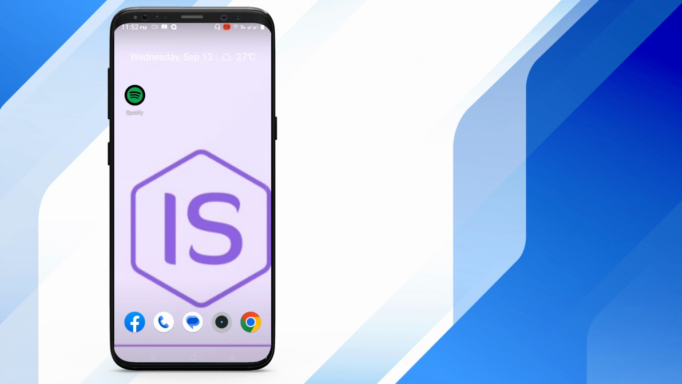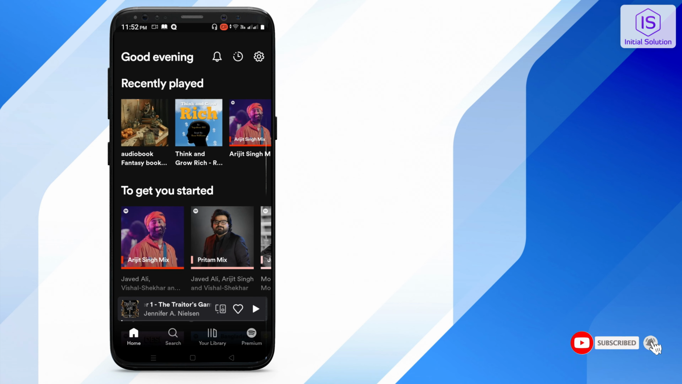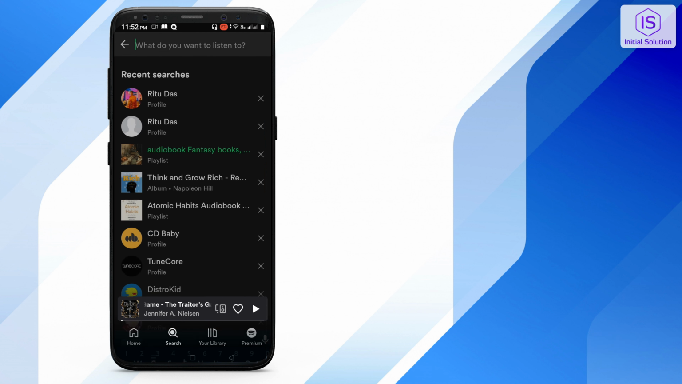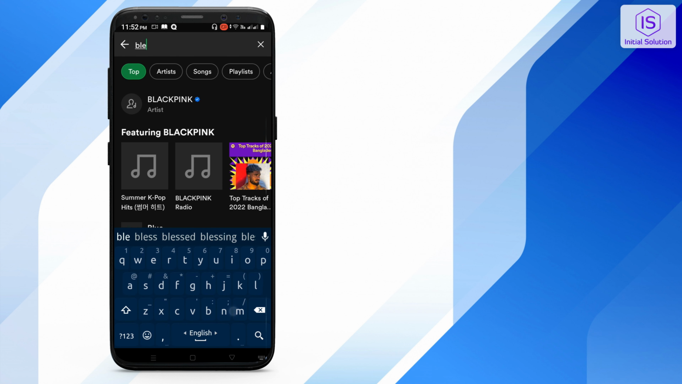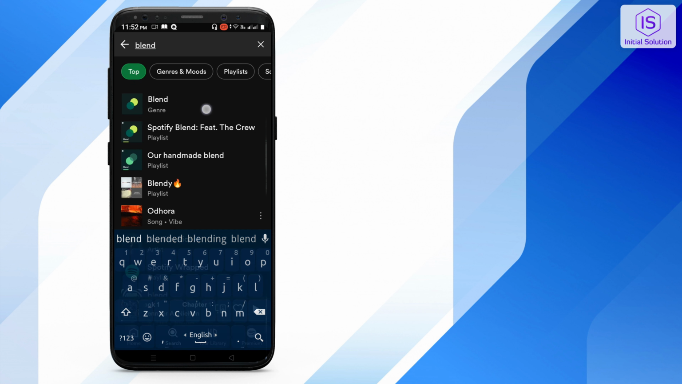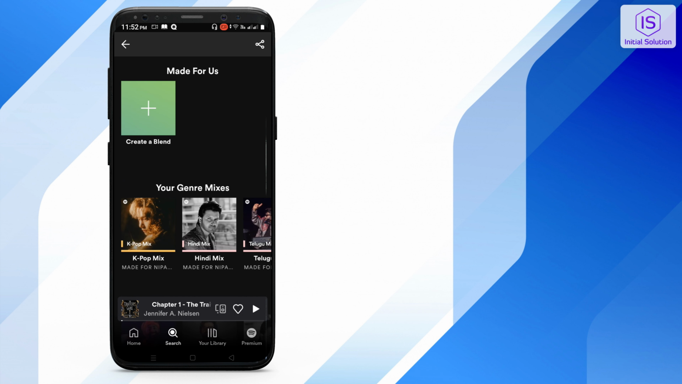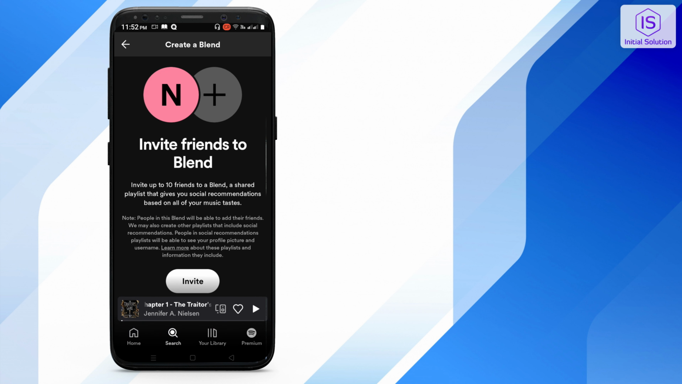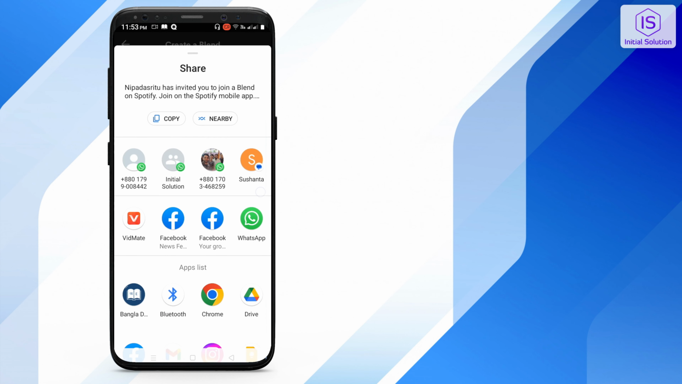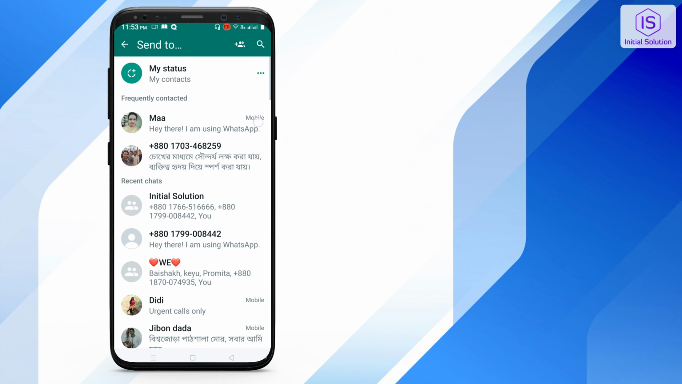Today in this tutorial I'm going to show you how to make Spotify blend. So go for your Spotify app, then go to search bar and search your blend. Okay, now go for this blend option. Now create a blend. After that you have to invite your friends. Okay,